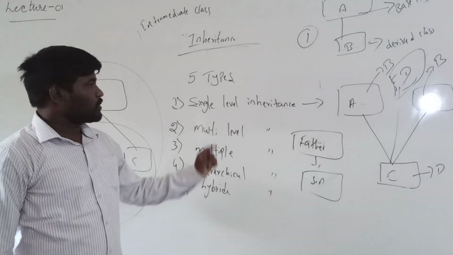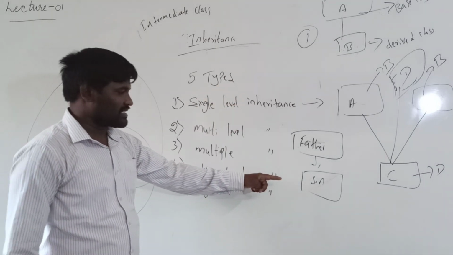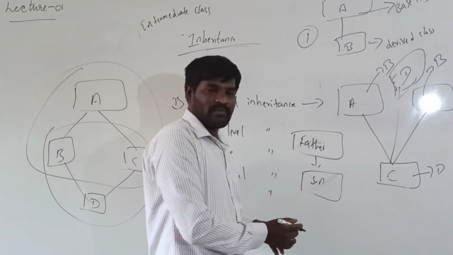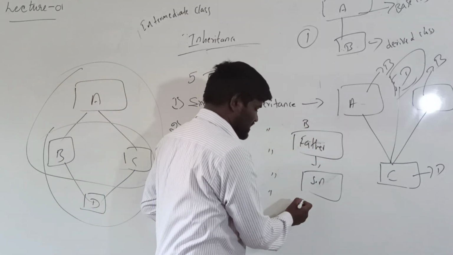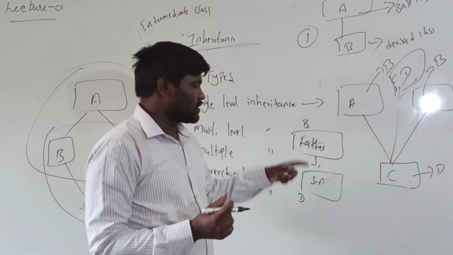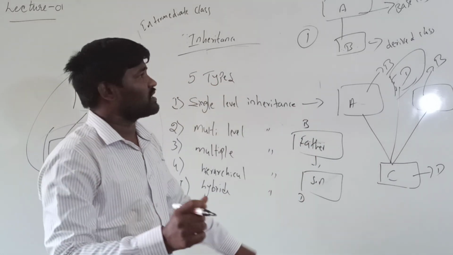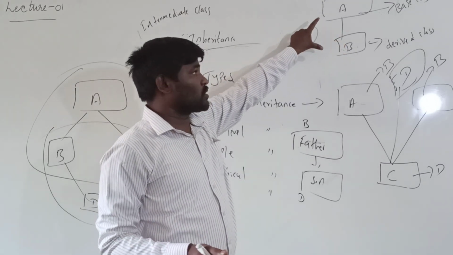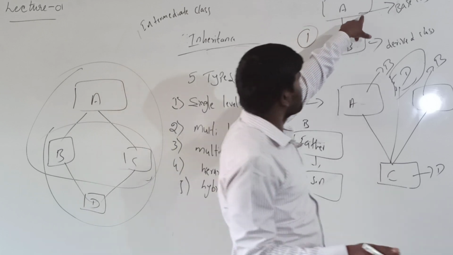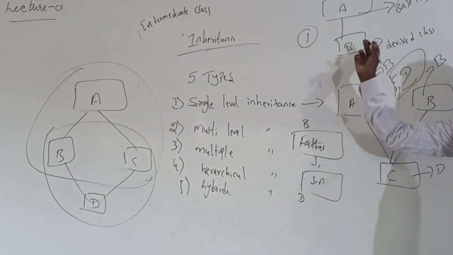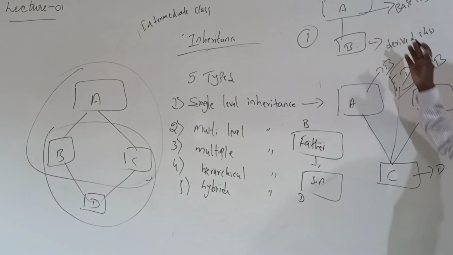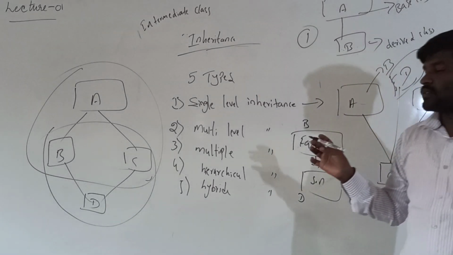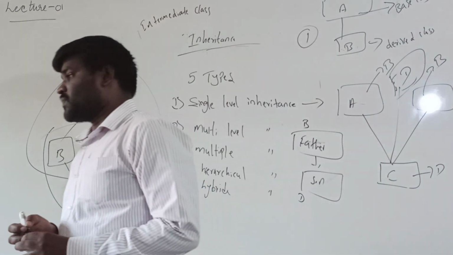Inheritance means one class can access the properties of another class. Here, father and son: father acts as a base class and son acts as a derived class. You can write such particular examples. Otherwise, you can directly draw the diagram, mention any character in each box, and put one arrow mark. You have to mention which class it is, either the base class or the derived class. So this is completely about the types of inheritance.